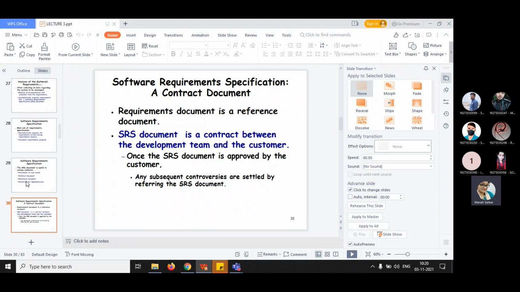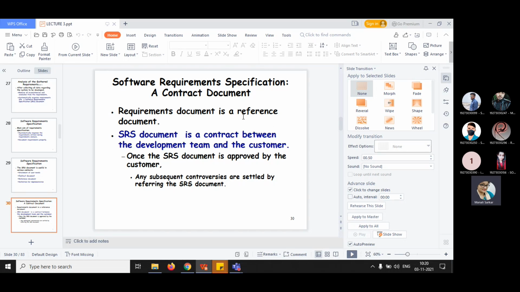That means whenever you are developing any kind of software demanded by some customer, you need to build a contract first, and based on that contract, you need to develop the system. The developer team is there and the customer team is there.